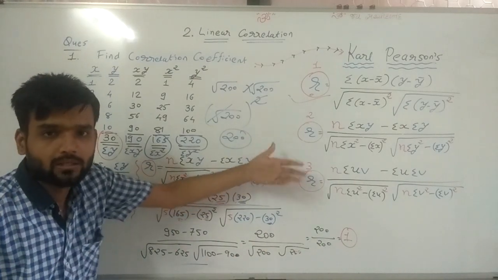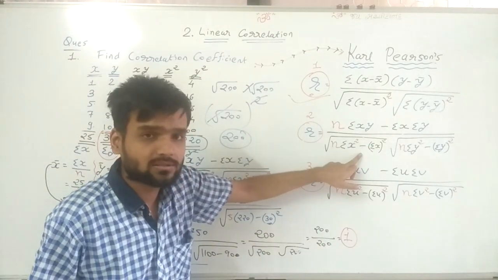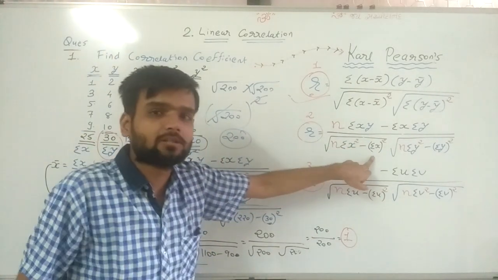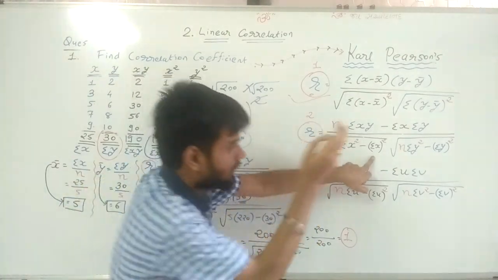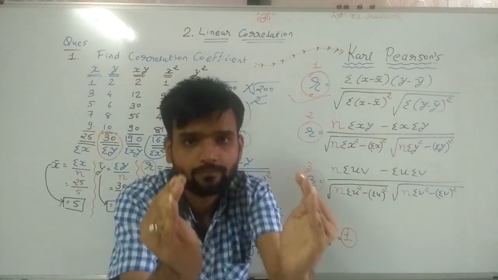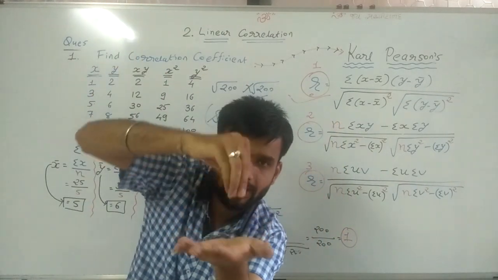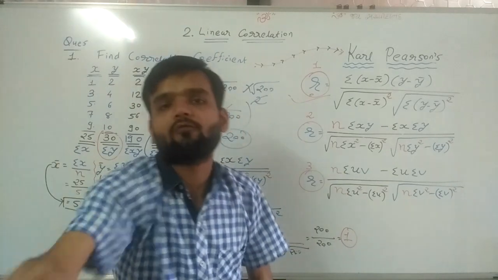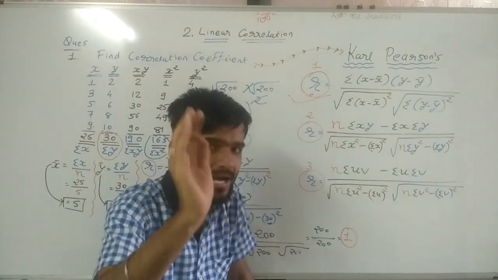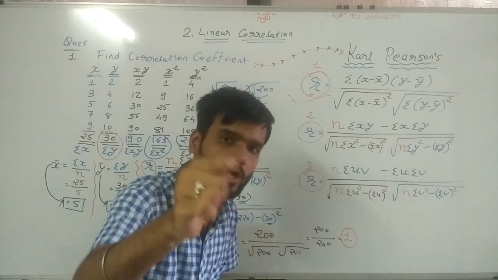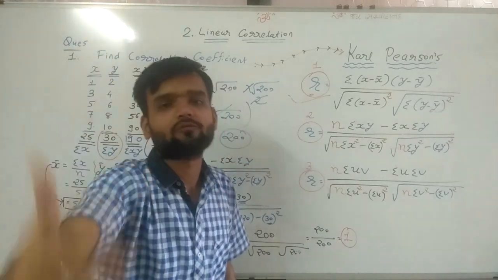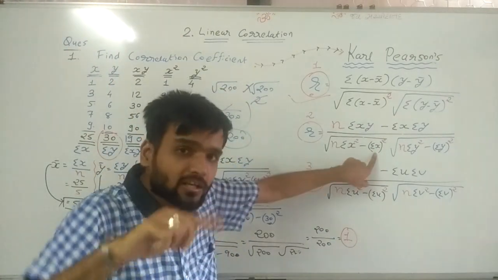Now what is my next topic? Here minus, in bracket sigma x is given and the bracket square is given. The most important thing you have to understand here: first solve the bracket. First find the value of the bracket, then make the square of that. Again I repeat, here in bracket sigma x is given. So first of all you have to write that value sigma x and then make the square of that. So sigma x and its square.